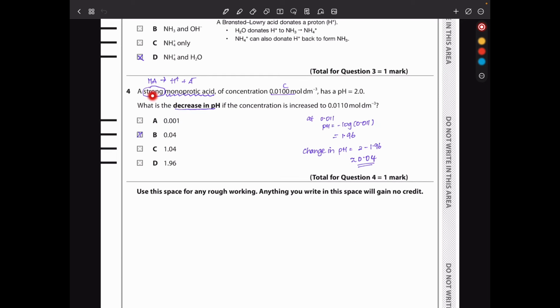In question 4, a strong monoprotic acid of a given concentration has a pH of 2. What is the decrease in pH if the concentration is increased by that? If it's strong and monoprotic, then it gives away all the hydrogen ions. So this is also going to be the concentration of the hydrogen ions. So at 0.011 concentration, the pH is going to be negative log of that concentration, which gives us 1.96. So the decrease or change in pH is going to be 2 minus 1.96, which is 0.04, and the answer